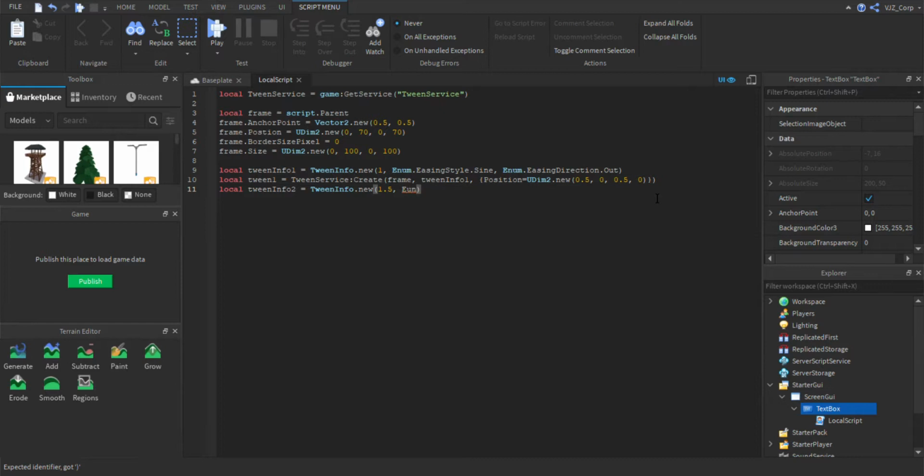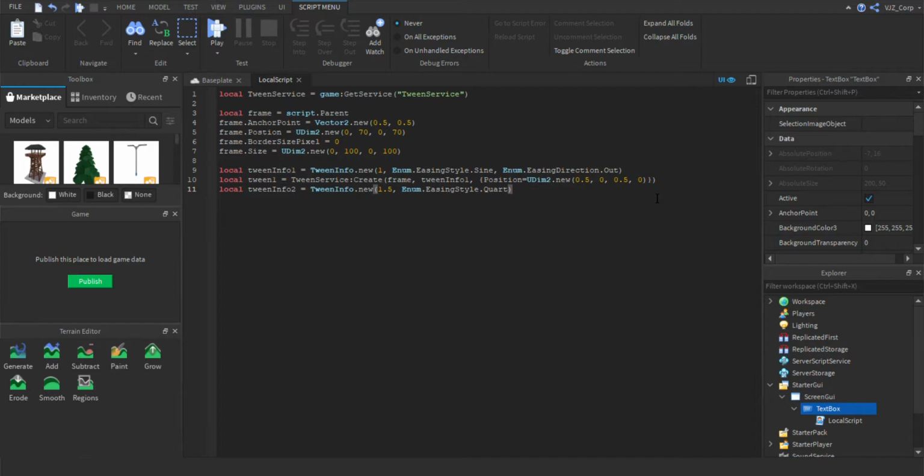And again, there's the easing style things. There you go. And we're going to change that to Quart, a quartic function, which is an exponential function,